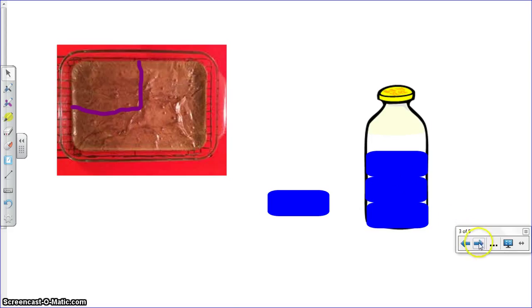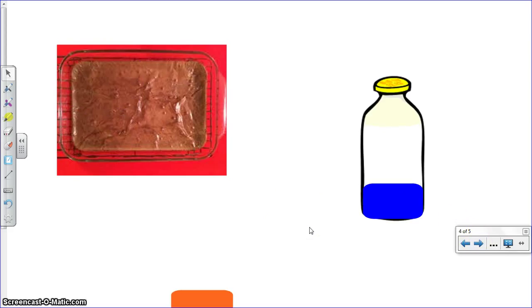And so now let's take a look at the last benchmark fraction, and that's thirds. Again, if I had that same pan of brownies, let's say Mr. G was extra good and he could eat a little bit more on his diet, and I wanted 1/3 of this pan of brownies. Again, I could cut it up into thirds